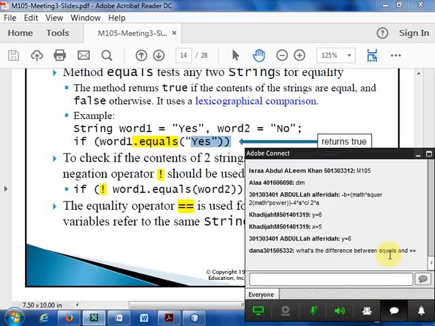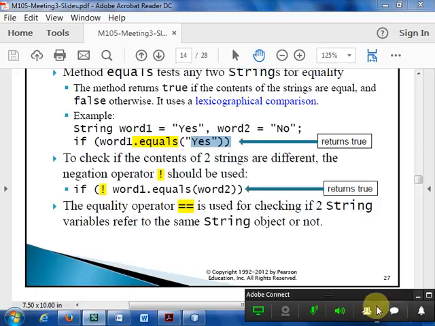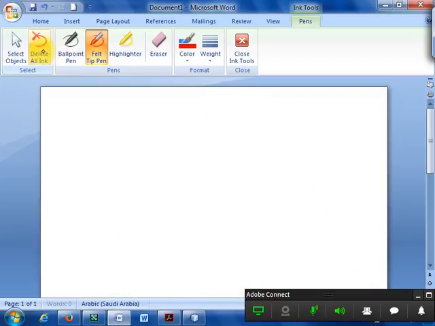Now what is the difference between equals and double equals? This equals is to check the characters, character by character, and this double equals is to check the object. Object means that when you create a string variable, it is an object, not a variable like int or double. When you create these objects in Java, there is a reference type. When you create a string object, for example string x,